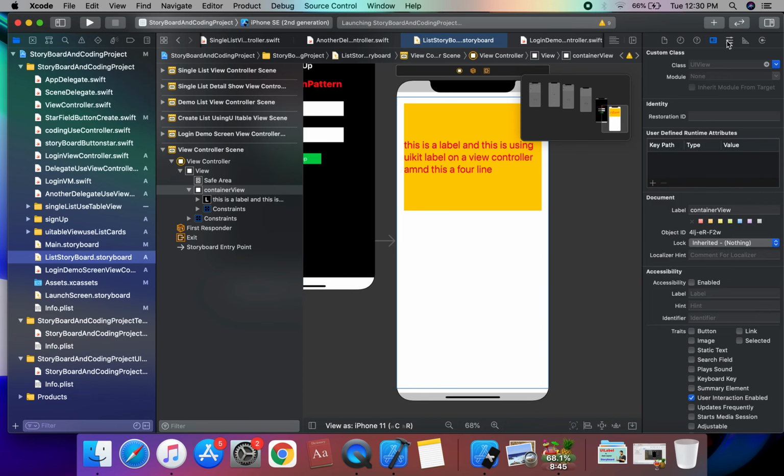The UIViewController has a multi-line text field. We can check this mark. We can apply constraints on the view and view controller.